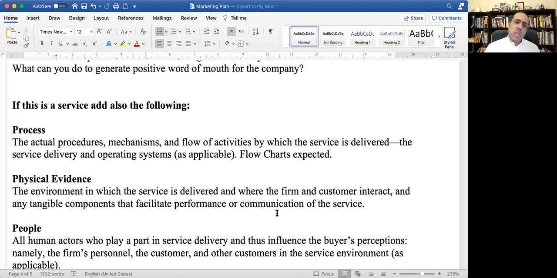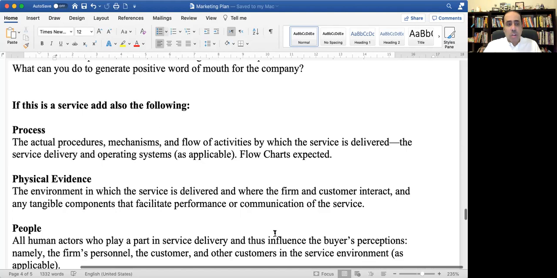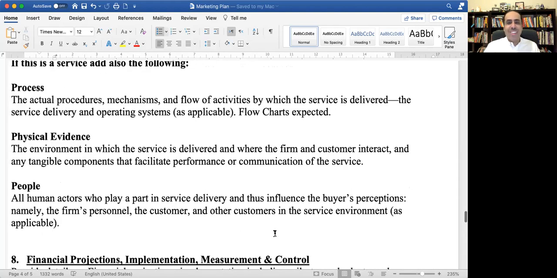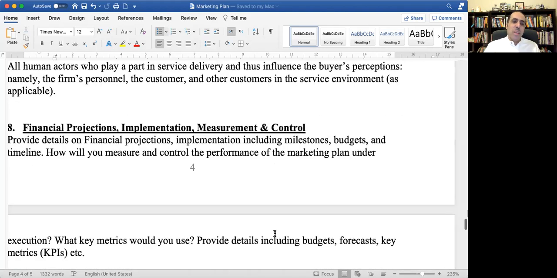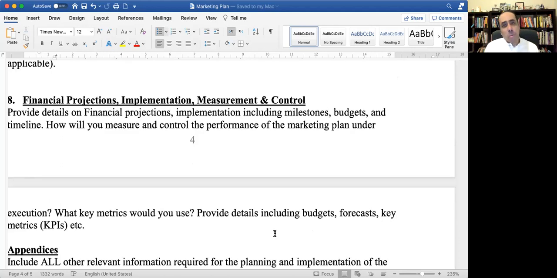Physical evidence, again, of how the environment is when it comes to the service delivered. How does the customer interact with the firm itself and the company? Any tangible components that they could see, right, and visualize. People involved in your company as humans, right, and their role. Finally, we have the financial projections,